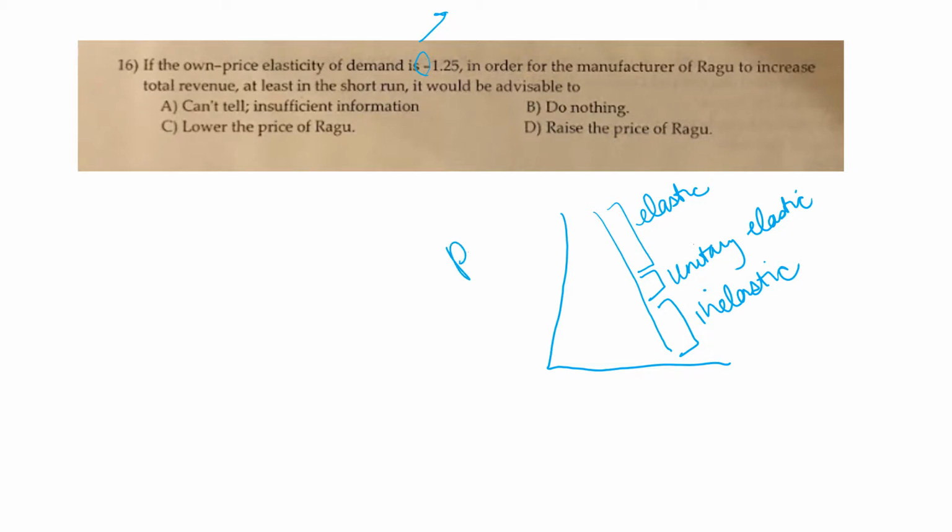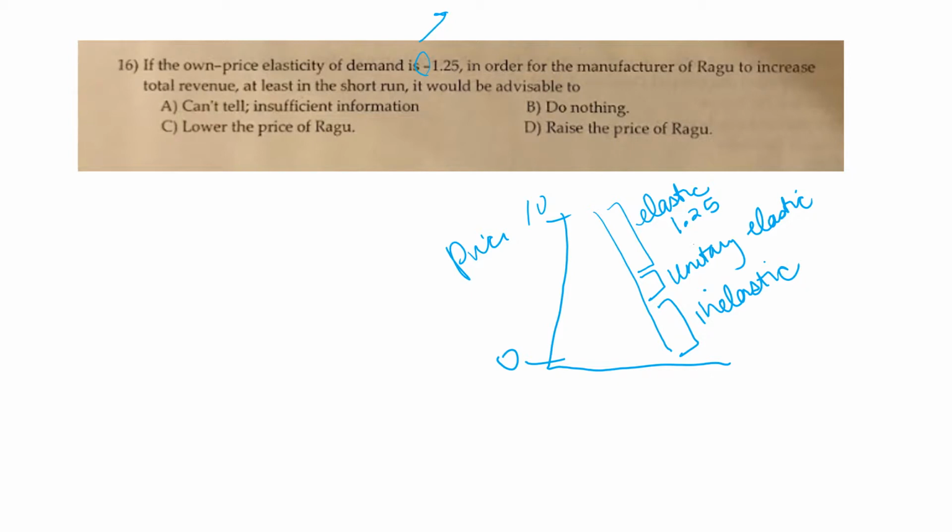And price 0 to, let's just say 10. So if the own price elasticity of demand is negative 1.25, so that's 1.25, so we're in the greater than 1 section, so we're elastic up here. In order for the manufacturer of Ragu to increase total revenue, at least in the short run, it would be advisable to,